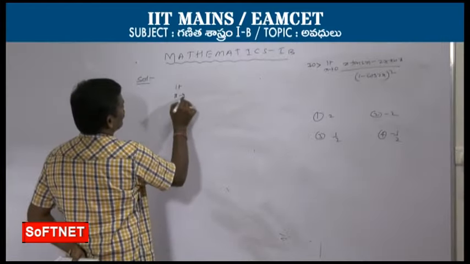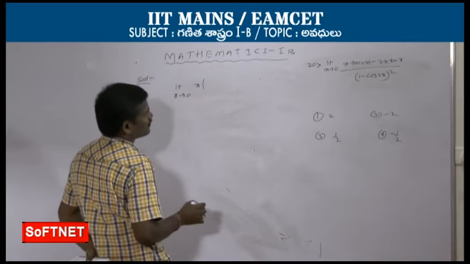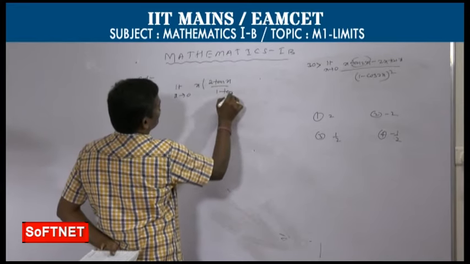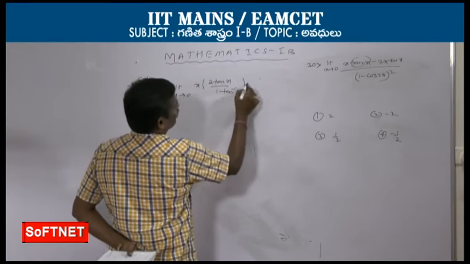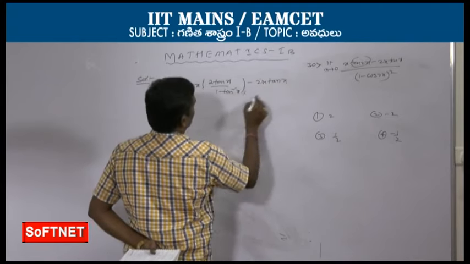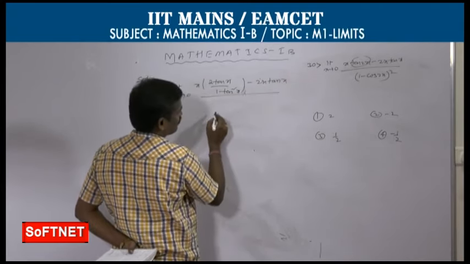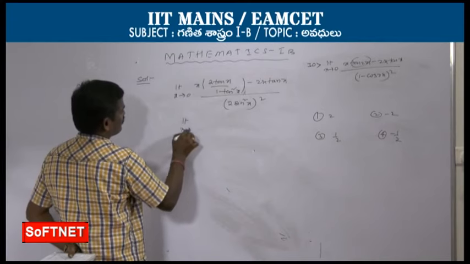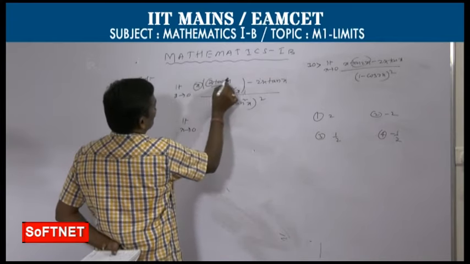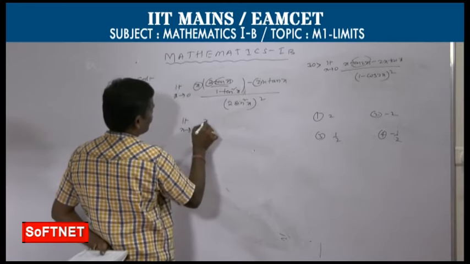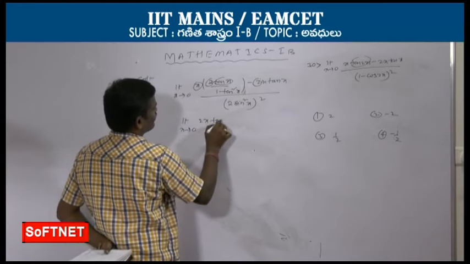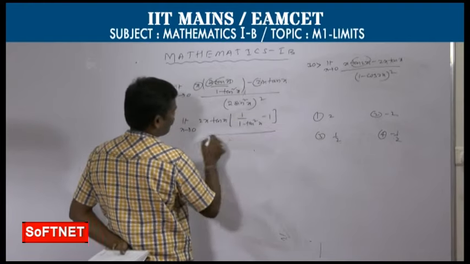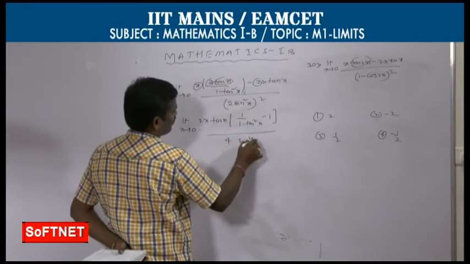Now limit x tends to 0, here for x into tan 2x apply the tan 2 theta formula, 2 tan x by 1 minus tan square x, minus 2x tan x by 1 minus cos 2x, where the cos 2x formula gives 2 sin square x, whole square. So limit x tends to 0, take x, 2, tan x common in the numerator: x into 2 into tan x, times 1 by 1 minus tan square x minus 1 by 4 into sin power 4 x.